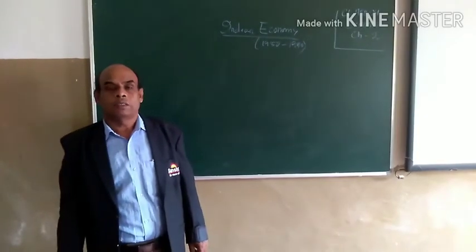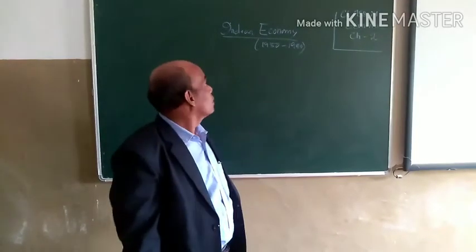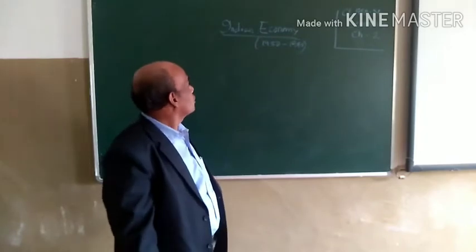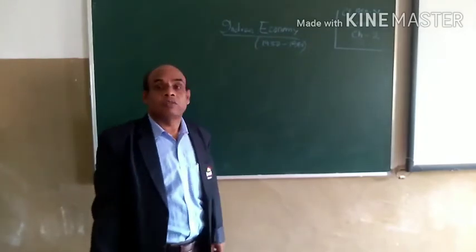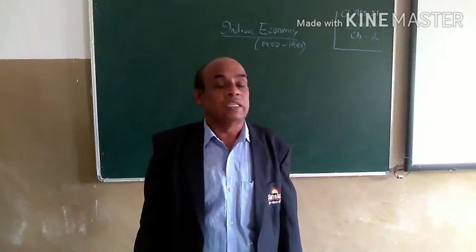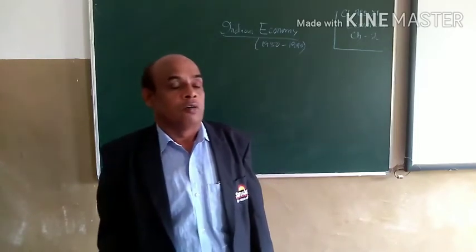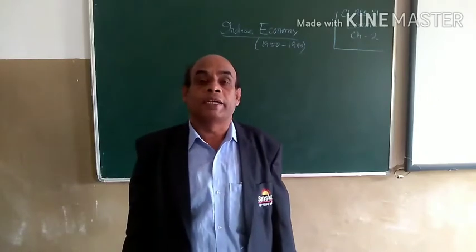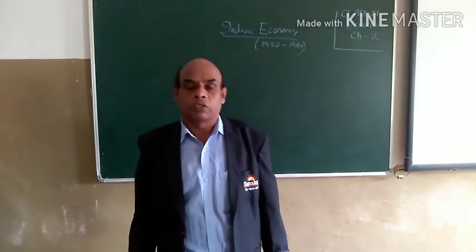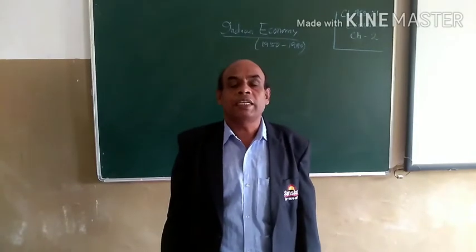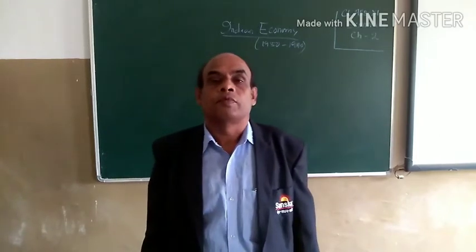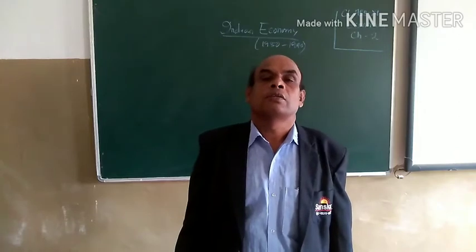Already, chapter 1 has been completed. Now we will read about the Indian economy within the period 1950 to 1990. What achievements were made in independent India? Already we have the ideas. India got freedom on 15th August 1947, and after that India became a democratic country and the owner of all the natural resources,